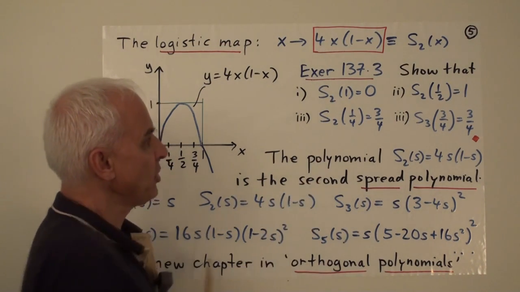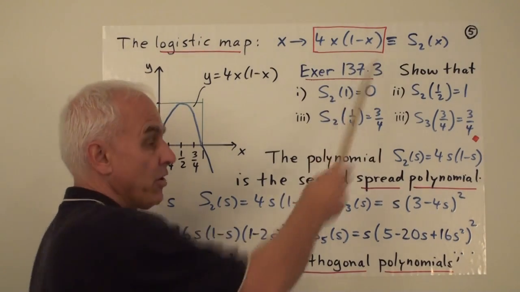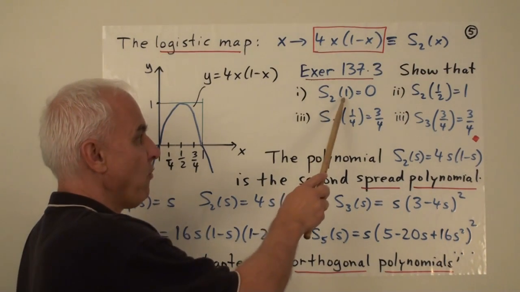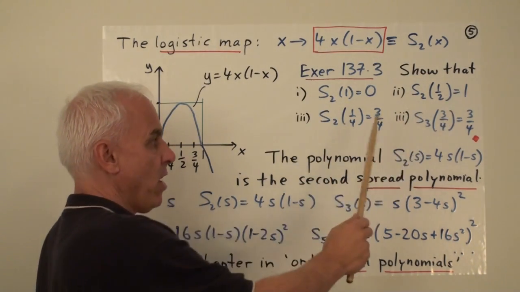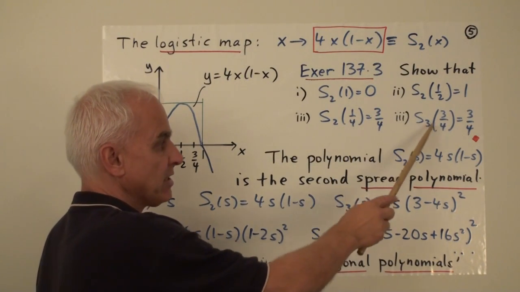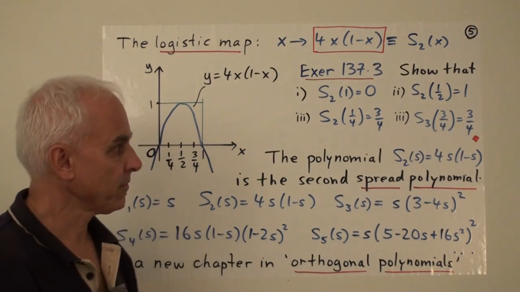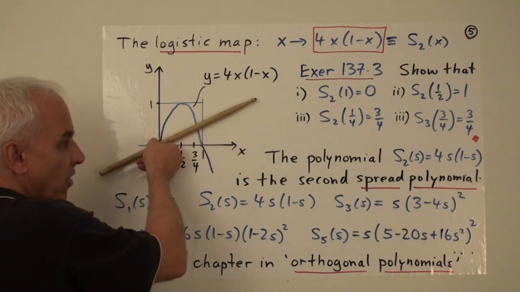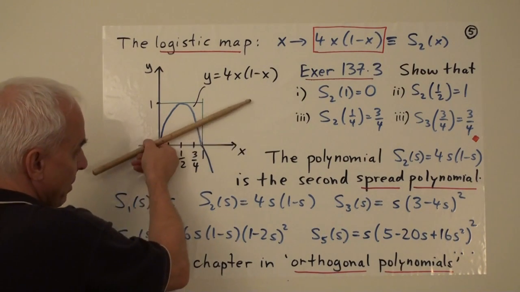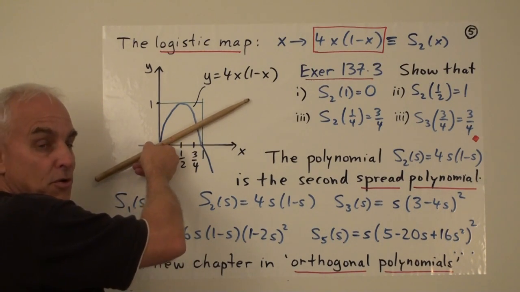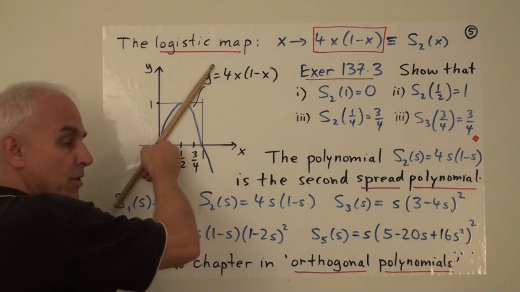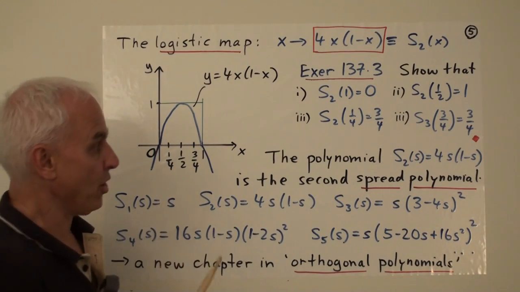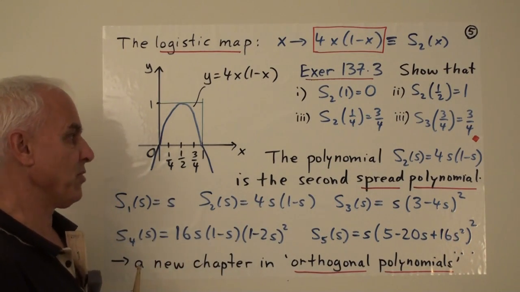Okay, so an easy exercise, just to have a play with this particular polynomial, or polynumber, might be a better way of thinking about it. That S2 of 1 is 0, S2 of a half happens to be 1, S2 of a quarter equals 3/4, S2 of 3/4 equals 3/4. So this, for example, is telling you that if you have a projective quadrance of a quarter, which is about like this, actually that corresponds to 30 degrees, and then you have another 30 degrees, the total is 60 degrees, which is the angle analog of projective quadrance of 3/4.